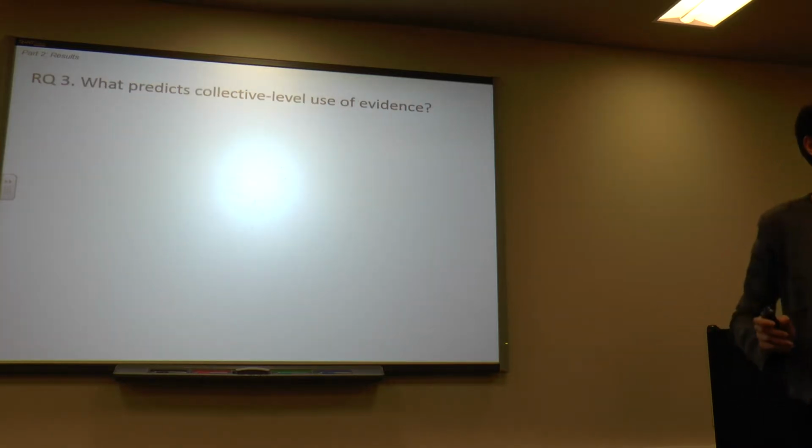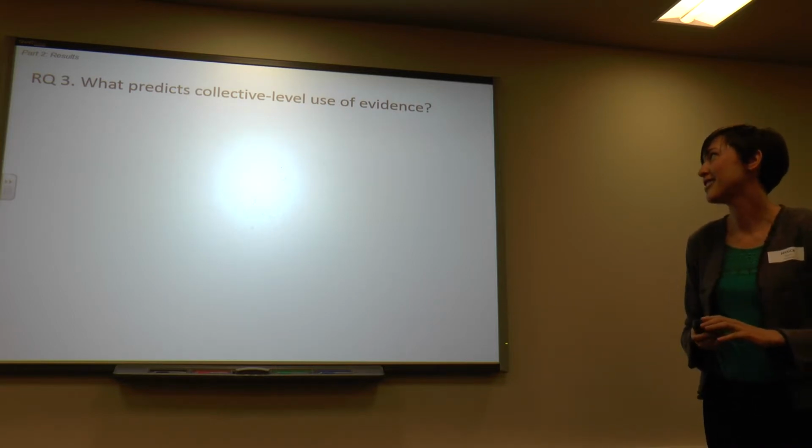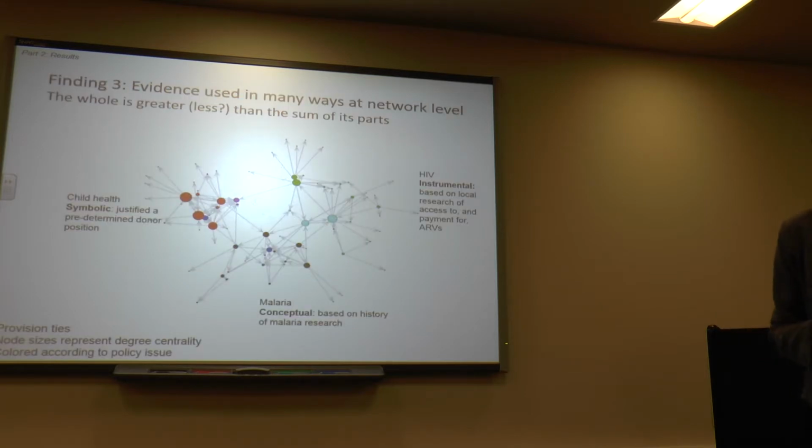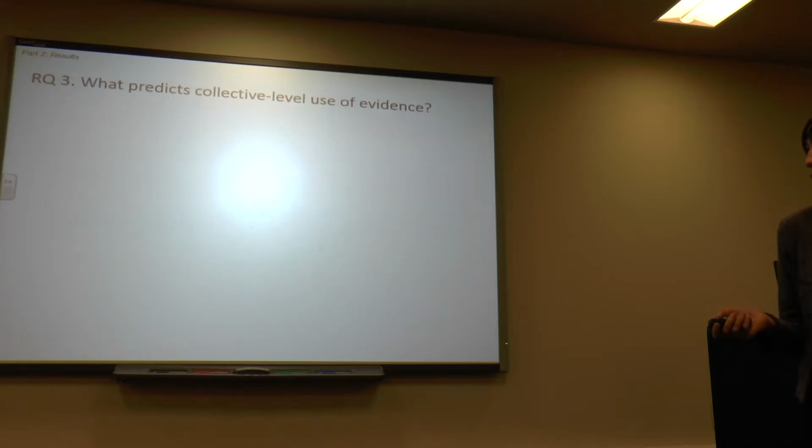All right, so that was a quick summary of that second question. So moving on to the third question, what predicts the collective level use of evidence in health policymaking? So now we're going to go back to those networks as a whole. All right. So we know, and I don't know if I stated this explicitly in those descriptive tables, but we